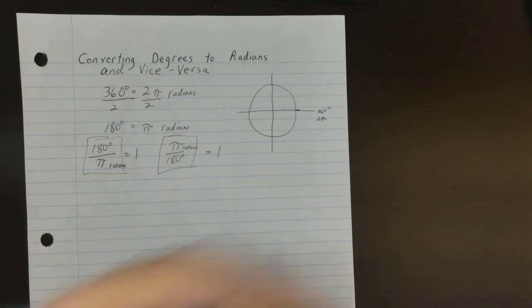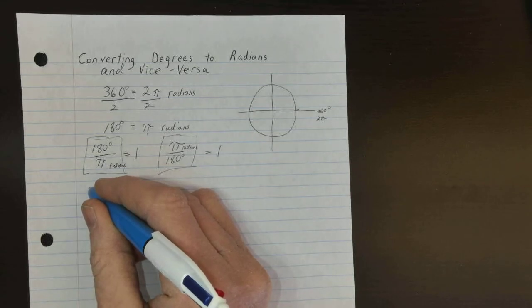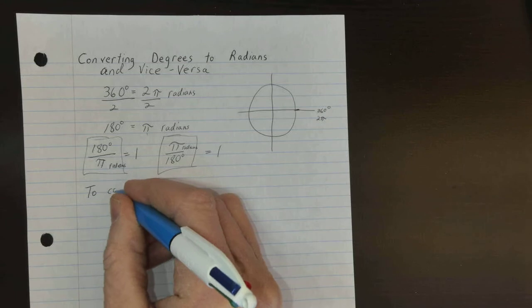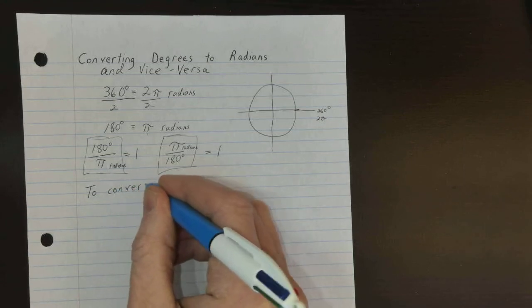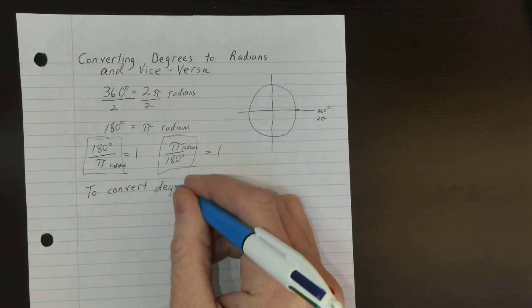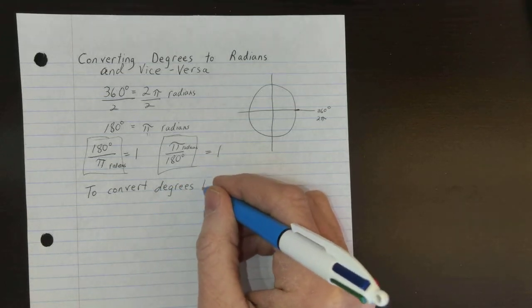So let's show what I mean here. Well, basically, let's write this in words. To convert degrees, so you have a certain number of degrees, to radians,